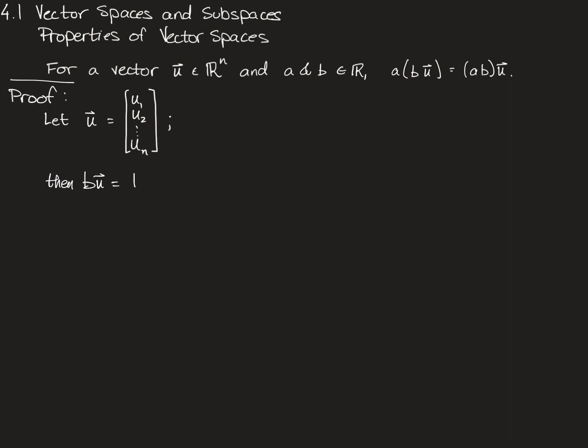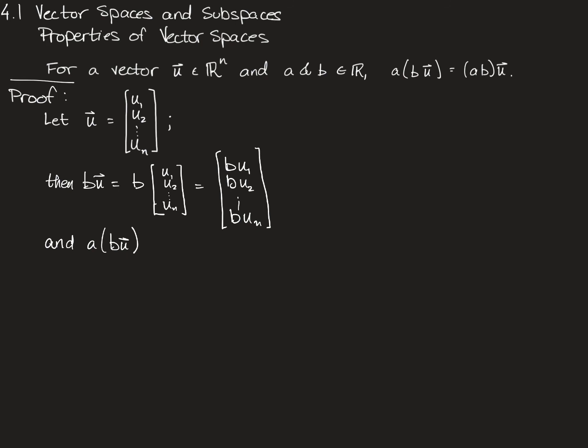Bu is going to be b times the vector u sub 1, u sub 2, all the way down to u sub n, right? And we know what that is because we've done scalar multiplication for it. That is the vector b times u sub 1, b times u sub 2, and so on, down to b times u sub n. It's that vector. That's a new vector. And I've done that. And a times that resulting vector,